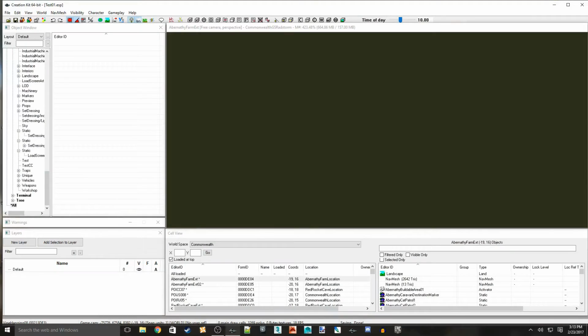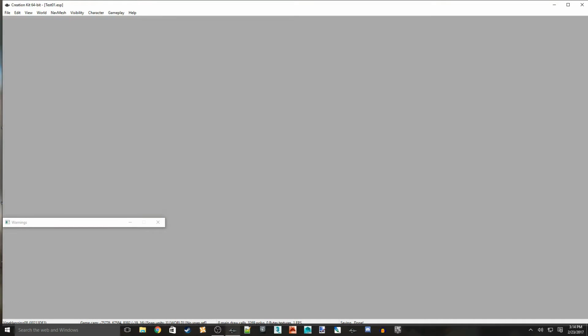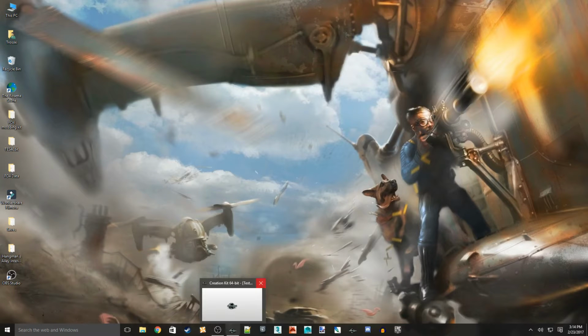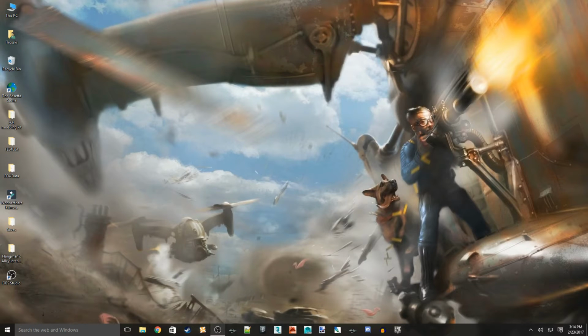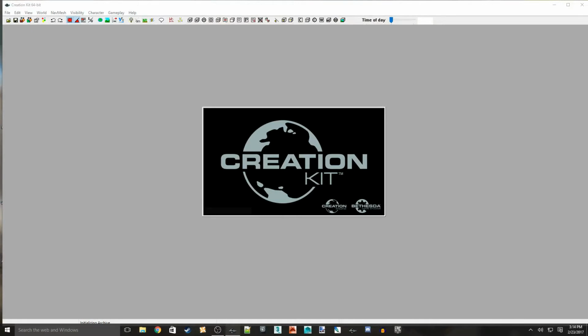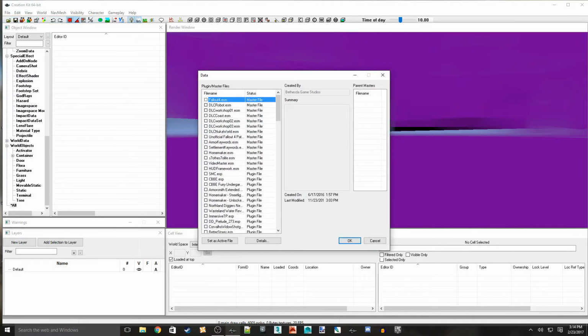So the issues come when you need to create compatibility between mods, and sometimes you can get away with just going in and doing what I'm about to show you. Sometimes you can't. So what I do is, come on, I hate this thing. It always takes so long to close, and I don't know why it's so difficult for it to terminate that task. But anyway, so come in here and we'll do this first off, because this will be an easy thing. I need to make this patch anyway, and